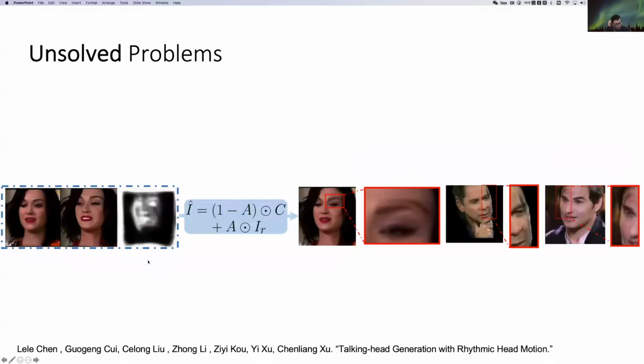And next, we are going to talk about some unsolved problems. For example, this image mapping function, as we talked about before, still has some drawbacks. For example, when the reference image and the target image are not well aligned, which is hard to avoid, right? When your head moves a little bit or there is a large deformation due to facial expressions, we would have some misalignment between the reference image and the target image.